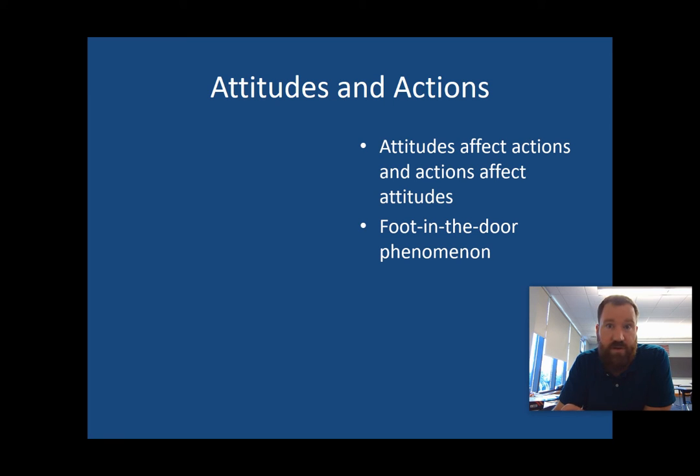You can see this with negotiating car prices. Cars are usually set a little bit more than they're valued for, and you can kind of negotiate down. Right? Why is that the case? Because they'll get more money from you than if they showed you what the cheapest price was and tried to upsell you. So we see this every day. Again, foot in the door is you start small and get bigger. Door in the face is you start big and then narrow it down to what you actually wanted.